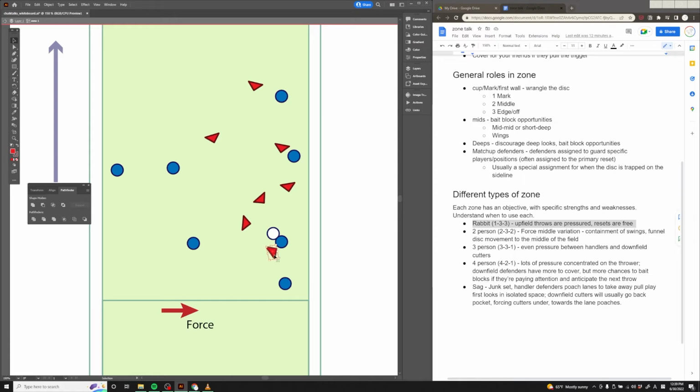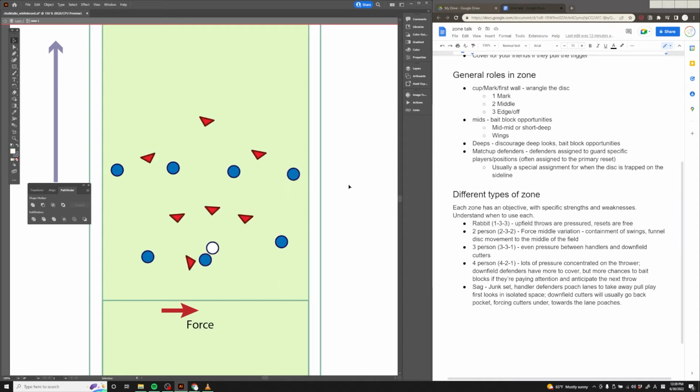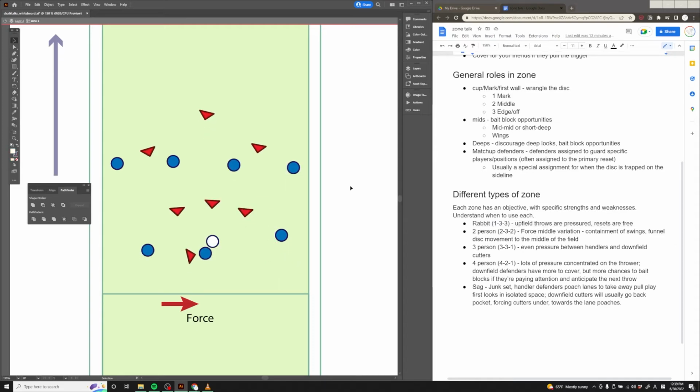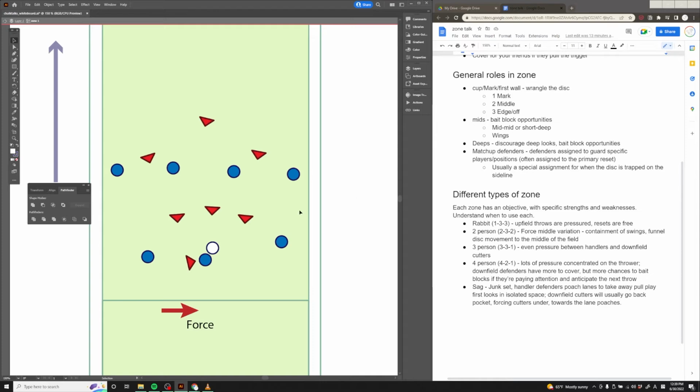And this mark, their job is to really, really make sure that the disc stays on the sideline in this position. So to quickly talk about the reason that you would want to run this sort of zone versus, say, the three-person cup is you can see that there is a lot more pressure in the middle of the field